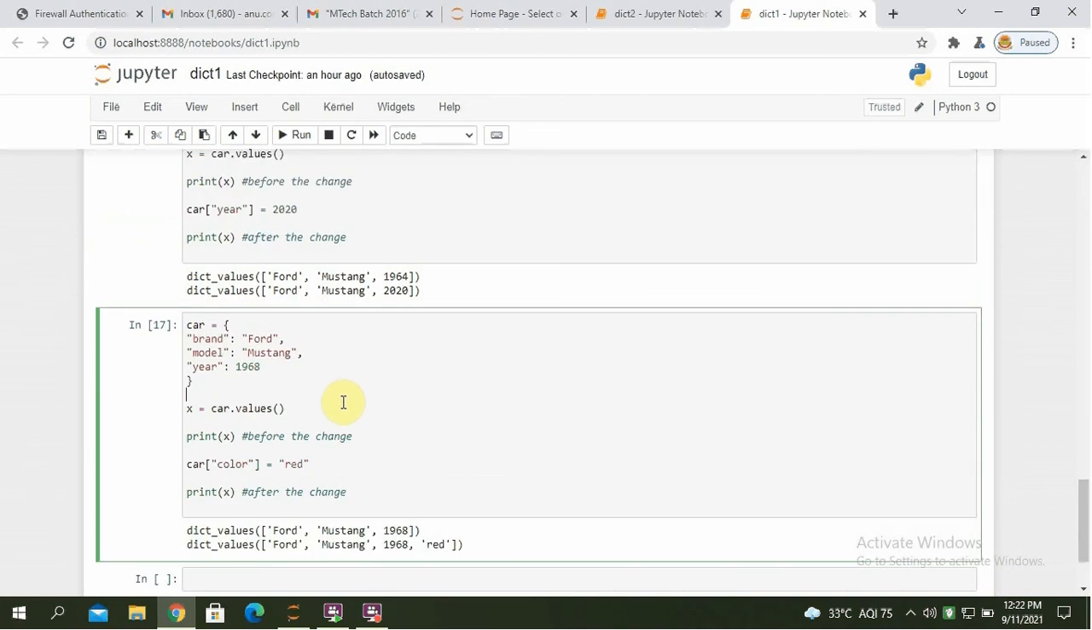Add a new item to the original dictionary and see that the values list gets updated as well. Car consists of key colon values. X equal to car dot values, print X. Car color equal to red, print X. Run it and the output will be dictionary values before the change Ford Mustang 1968, after the change Ford Mustang